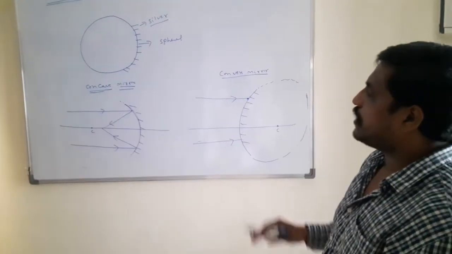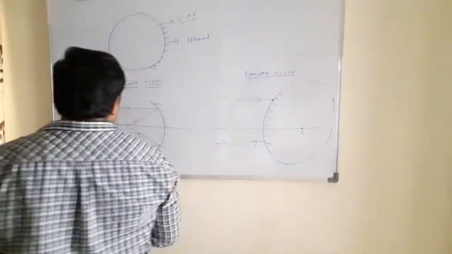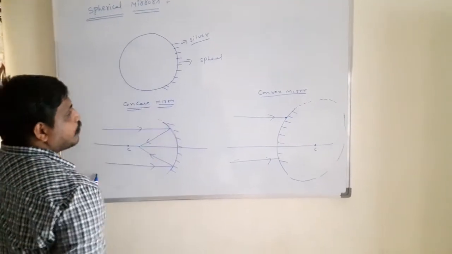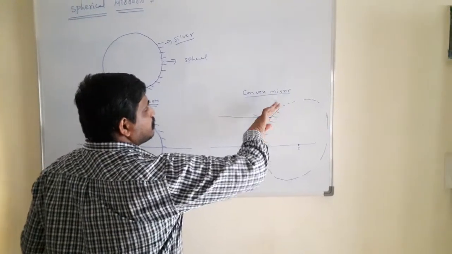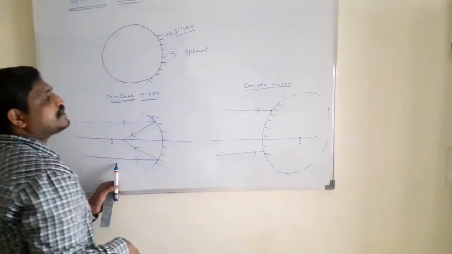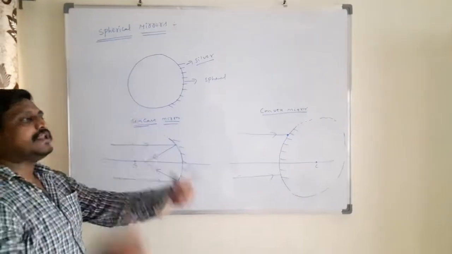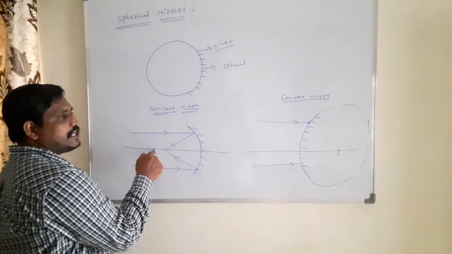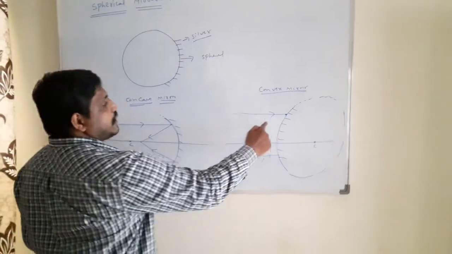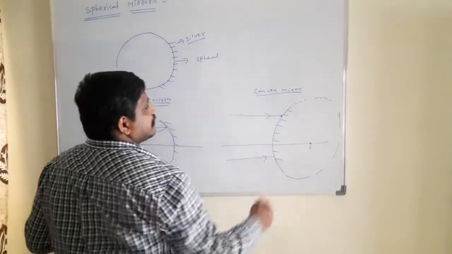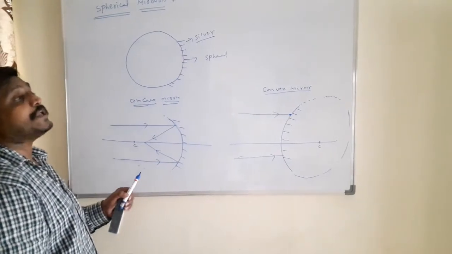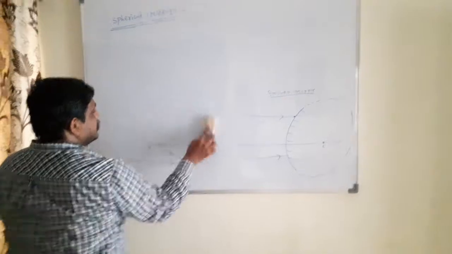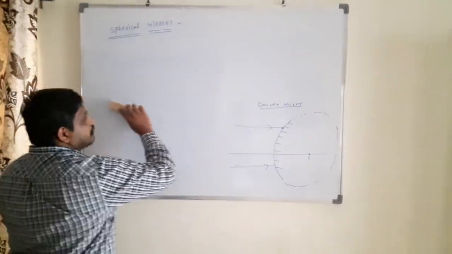In our language, when light falls on the inner curved surface, that mirror is called a concave mirror. When light falls on the outer bulging surface, that mirror is called a convex mirror. Simply, if the reflecting surface is nearer to the center, it is a concave mirror. If the reflecting surface is far from the center, it is called a convex mirror. Next I discuss some basics in mirrors.